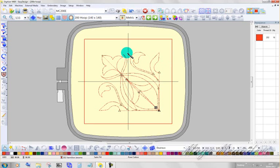Now this is for those owners who have a 200E embroidery machine and you only have a 140 by 140 as your large hoop, but that doesn't exclude you from doing large designs. Now this is the design that I showed in the last 3 videos, and we've got it as far as